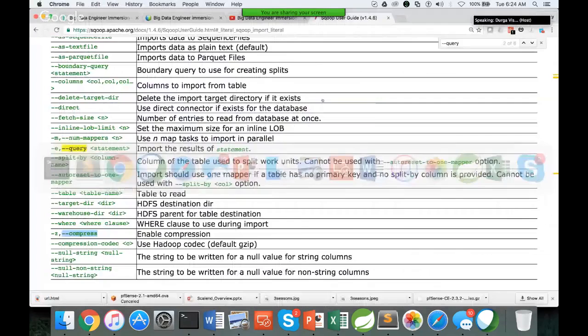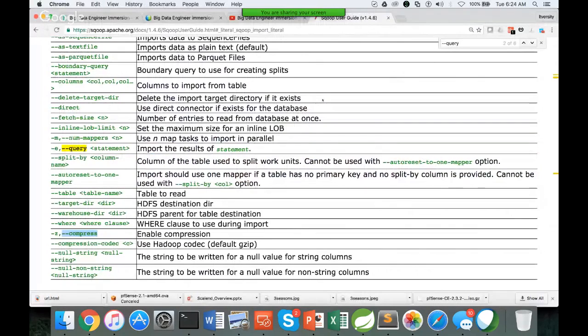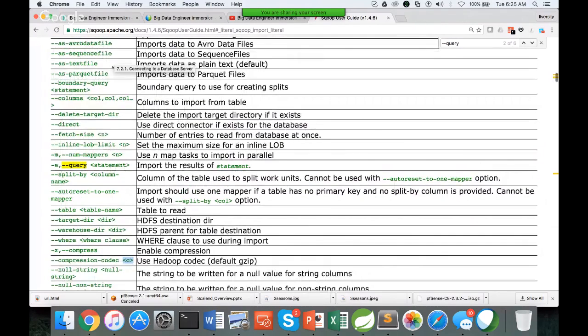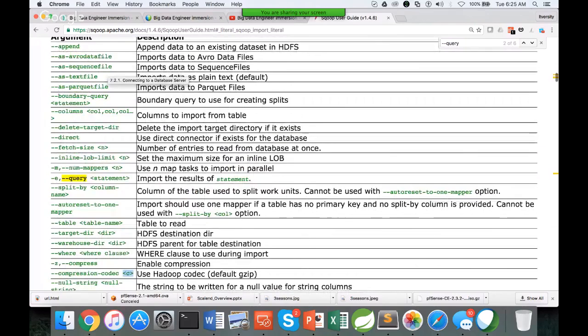By default it will be compressed using gzip format. If you want to use a different compression algorithm, you can use this additional compression related parameter called compression codec, and you have to use the appropriate algorithm using which you want to compress the data. Okay, and then if you want to store the data in the form of Avro or Parquet file, you can